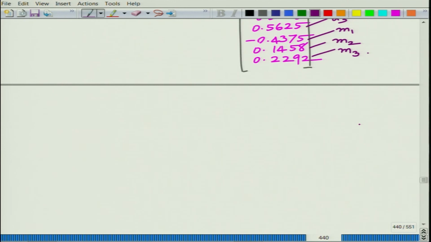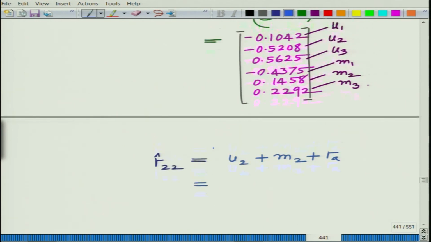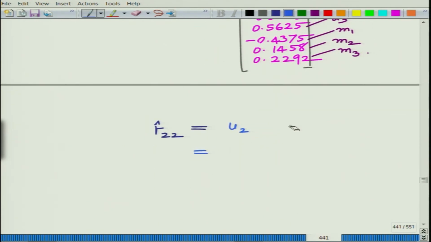Now, the only thing that is unknown, remember we said we have to predict R hat 22, that is R hat 22, and R hat 22 is U2 plus M2, plus of course not to forget the overall bias, right. So, do not forget that. So, R hat 2 2 equals U2, user 2 bias, plus M2, bias for movie 2, plus RA. So, you can write this as, or let us put RA in the front, RA plus U2 plus